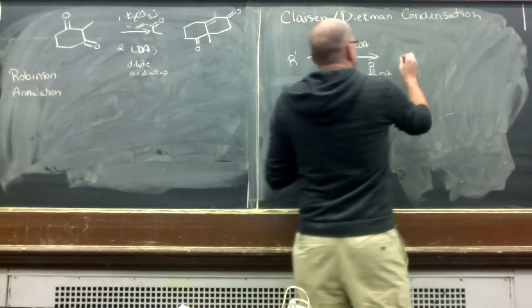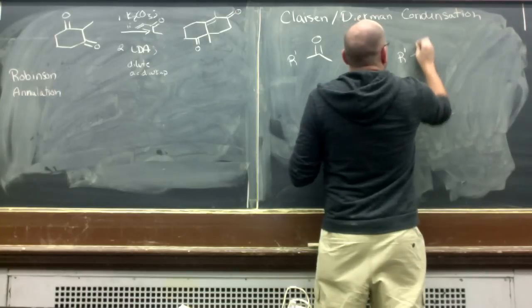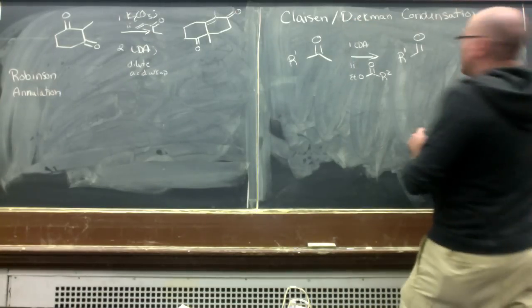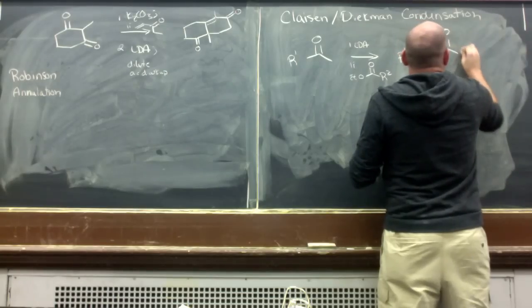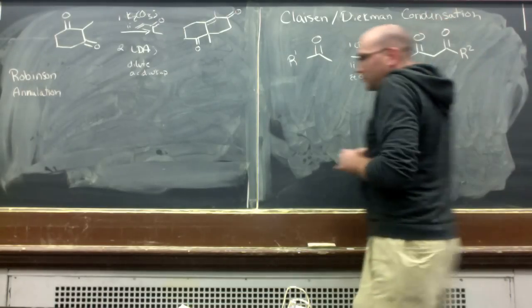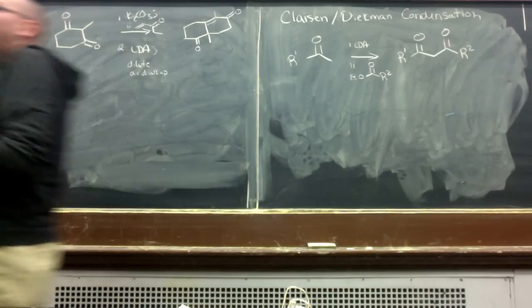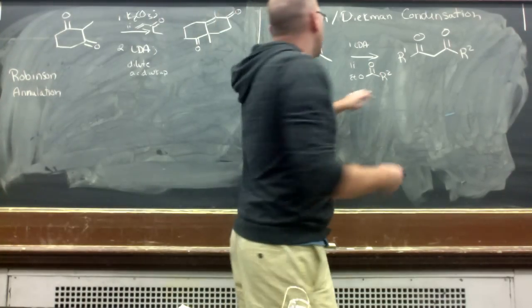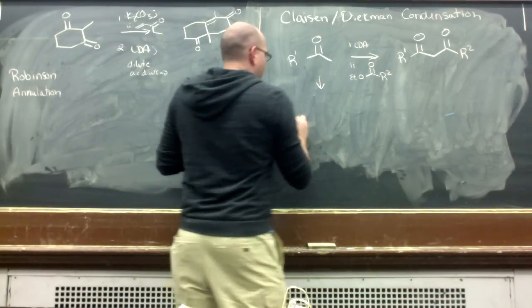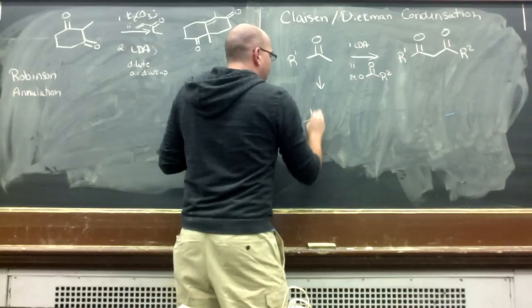So when we go ahead and we treat an enolate with an ester, what's going to happen is the product that we form